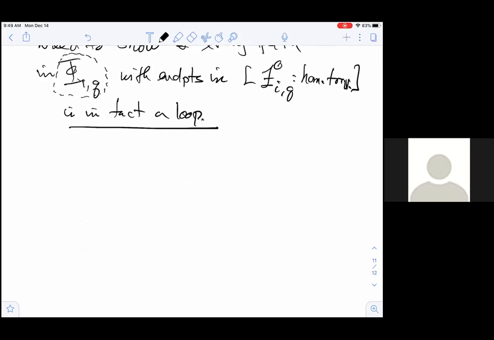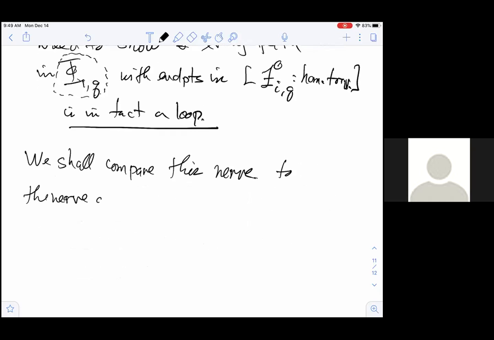And what we're going to do is, in the next lecture, compare this nerve of this stratification to the nerve of a stratification defined in terms of